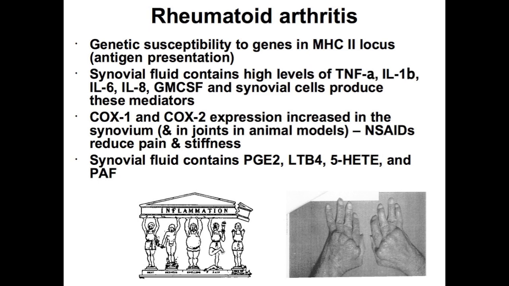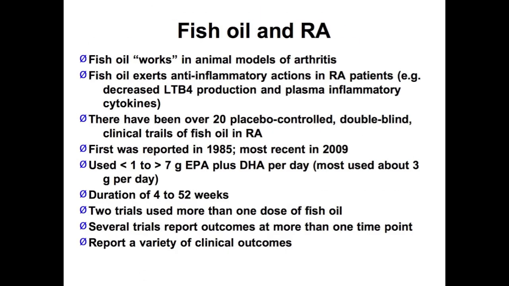And of course people use non-steroidal anti-inflammatories to treat pain and stiffness and arthritis. And all of that is driven by arachidonic acid derived mediators. And those chemicals made from arachidonic acid are found in the synovial fluid. So actually the rheumatologists were almost the first people outside of the cardiovascular arena to recognize that omega-3 fatty acids might be important to them. So people started studying omega-3s in arthritis in the 1980s.